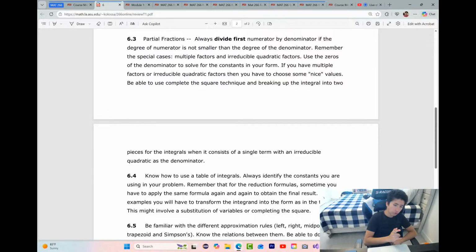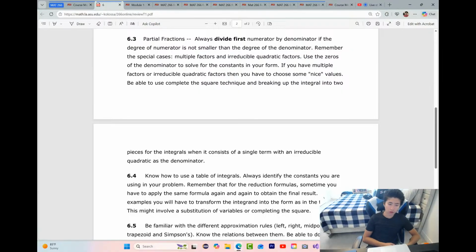Partial fractions. Always divide first the numerator by the denominator using long division if the degree of the numerator is not smaller than the degree of the denominator. Remember the special cases, multiple factors and irreducible quadratic factors. Use the zeros of the denominator to solve for the constants in your form. If you have multiple factors or irreducible quadratic factors, then you have to choose some nice values and be able to complete the square technique